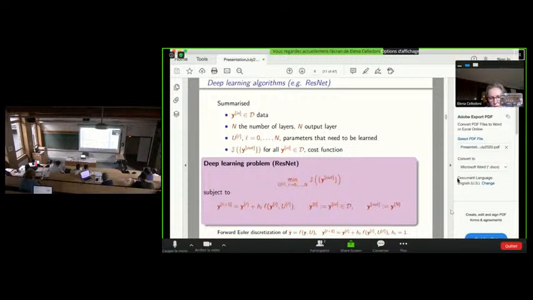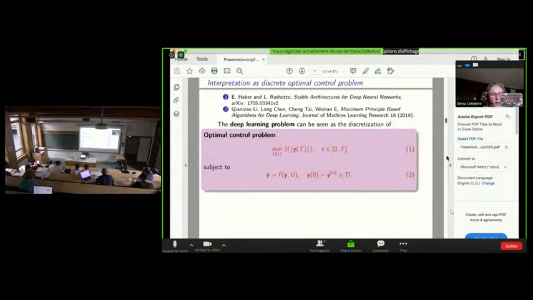So forward Euler discretization of Y dot equal to F of Y and U. And here, as before, the step size was taken equal to HL, because in this forward Euler interpretation of the problem, the parameter HL becomes the step size of integration of this forward Euler discretization.